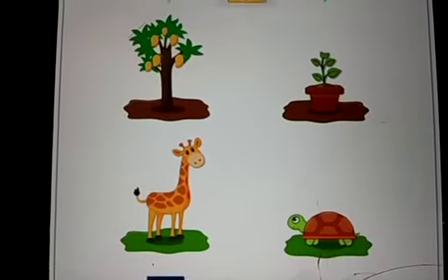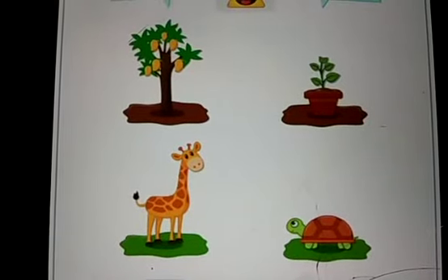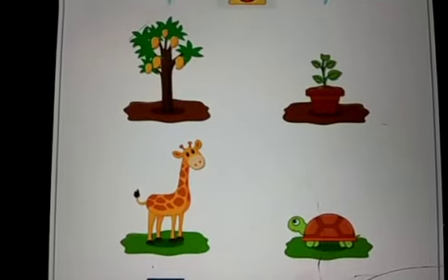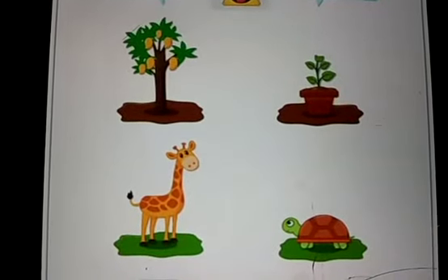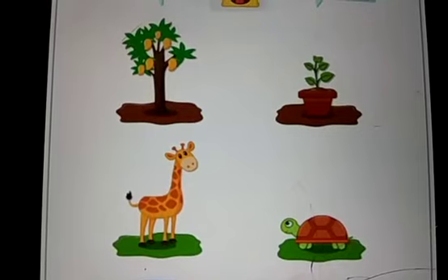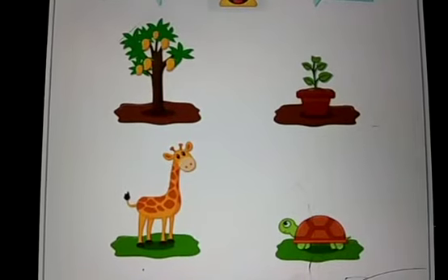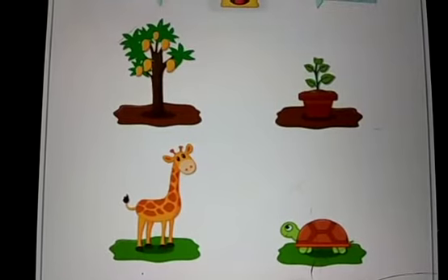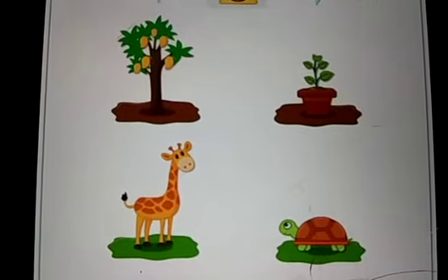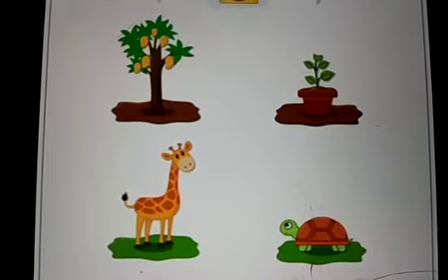Children, here you can see taller and shorter. Here you can easily recognize which is the taller and which is the shorter. The mango tree is the taller and the plant is shorter. The giraffe is taller and the turtle is shorter. So in this way, today we are going to learn about